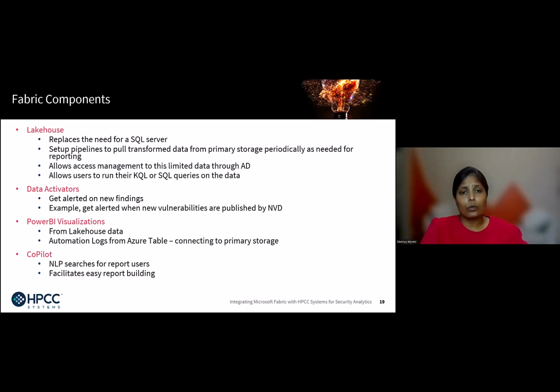You no longer would need SQL Server because you are just using Lakehouse, and from Lakehouse you can just do the visualizations using Power BI. And then how do you get the data with the Lakehouse? Fabric offers the ability to connect to your edge storages as well. You can connect to tables, or you can connect to the file shares that we just used earlier in the